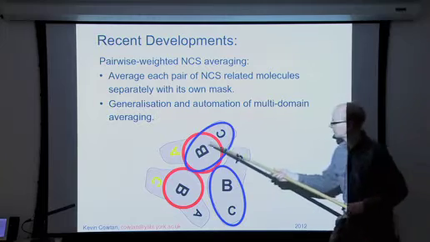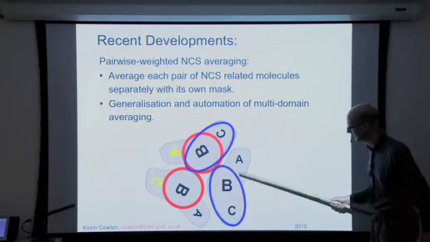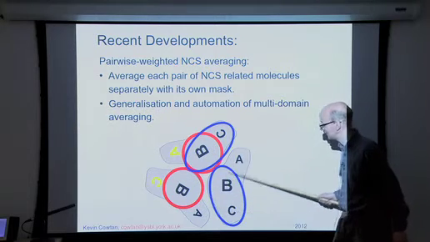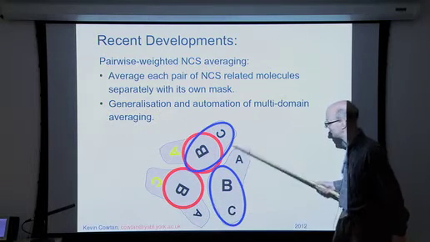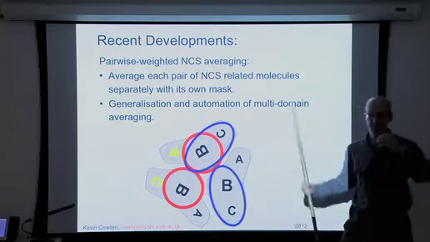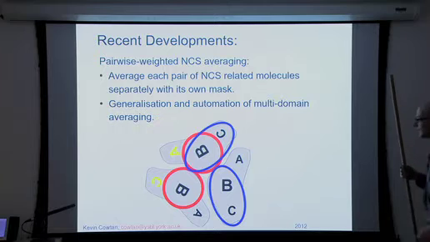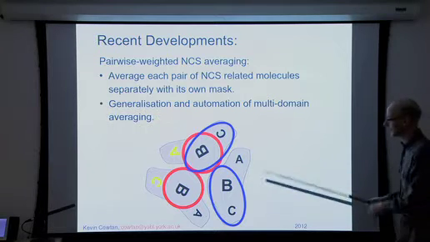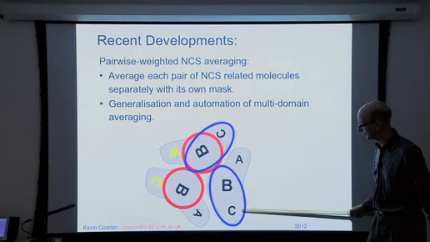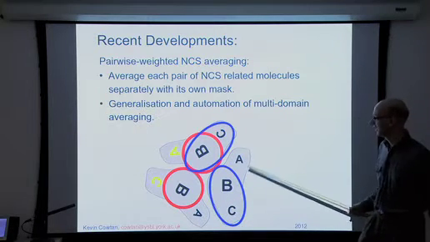So here I've got a trimer, and each trimer has 3 domains, A, B, and C. And the B domains are conserved. The A domain is conserved between these 2 copies, and the C domain is conserved between these 2, but this A and this C have been distorted a bit due to crystal contacts or something. So how are we going to do our averaging? We can average all the B's together, that's fine, and we can average BC between these 2, and we can average A between these 2,